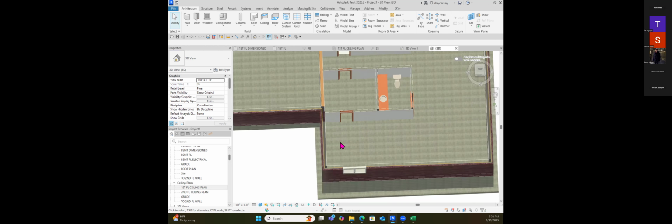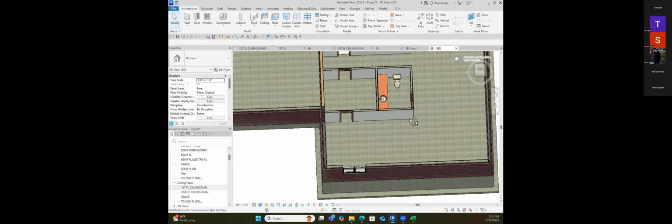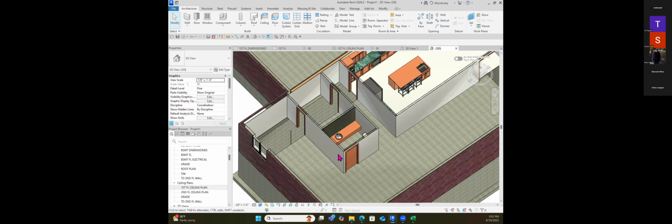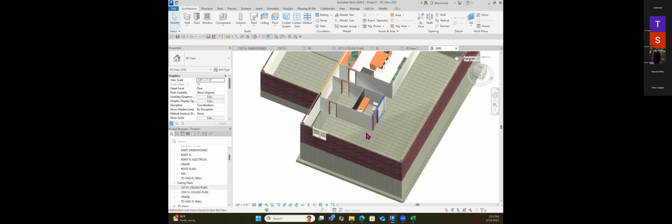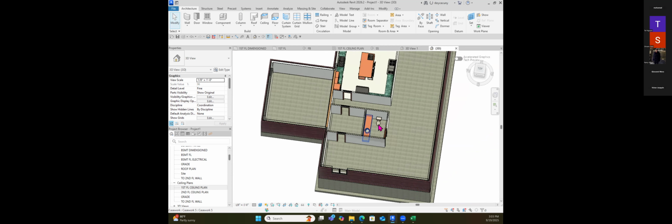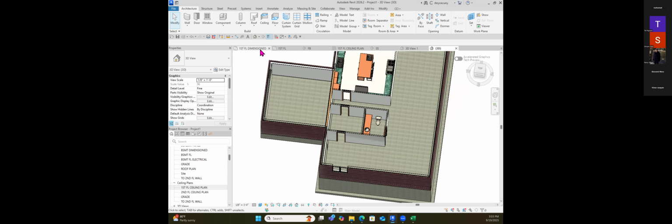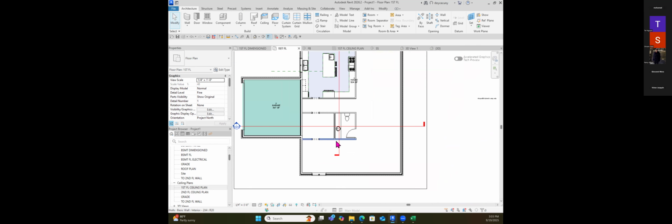I have a door getting into my bathroom. I have a nice floating vanity there and a sink and a mirror and a toilet. Now, that's not a great bathroom, but it's a good demonstration of how to do the bathroom. Those are the things that you would want to do next, is to start putting in the bathroom. And then the next thing after that, maybe we're going to put in